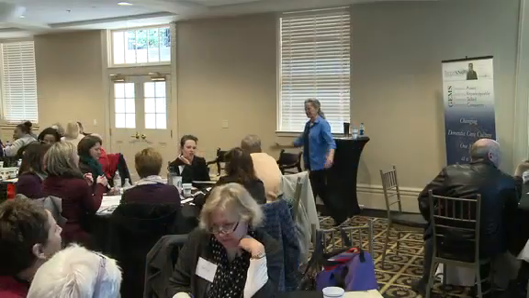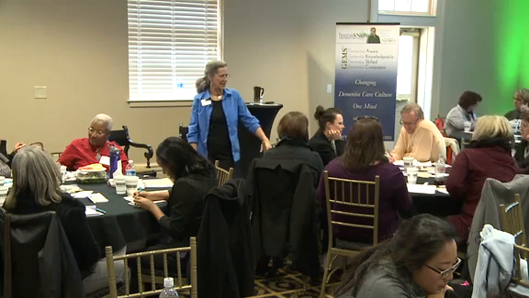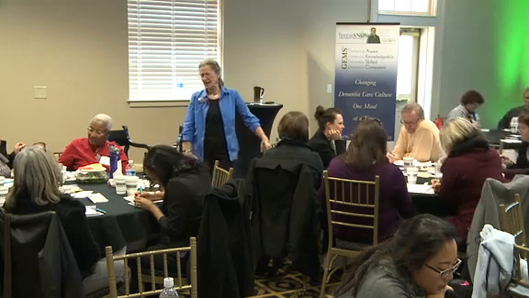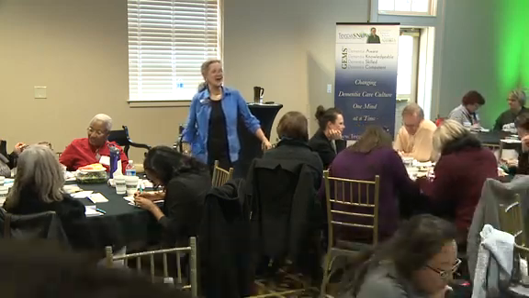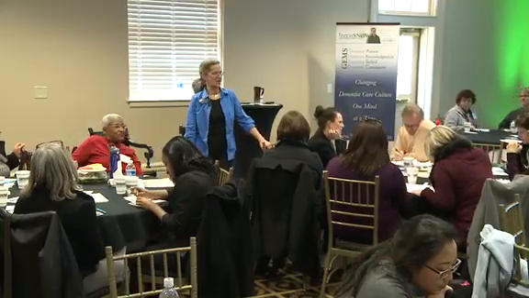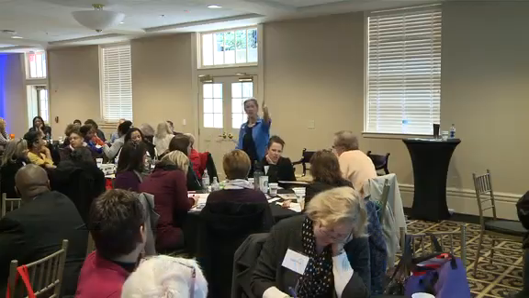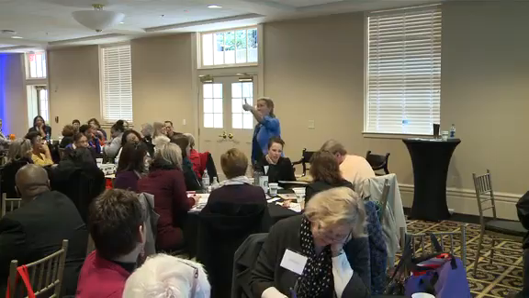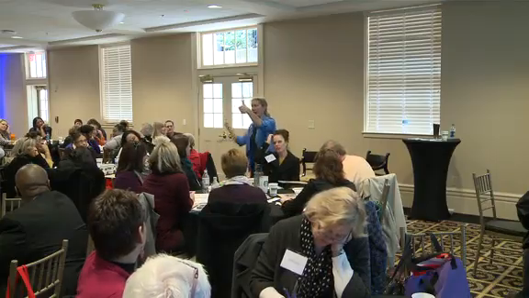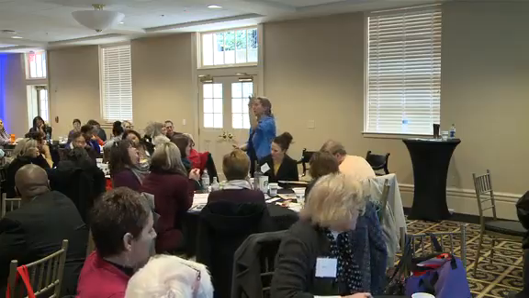Everybody stop. Stop, time. Count up how many they got. Count them up. Okay, now, here's what I'm going to tell you. We first came up with this little thing. It's called animal fluency. It's part of verbal fluency. In other words, what we're doing is checking out your depth of vocabulary and your ability to get in and out, keep them in a category, and articulate them. So we're actually checking out a good bit of skill set here.